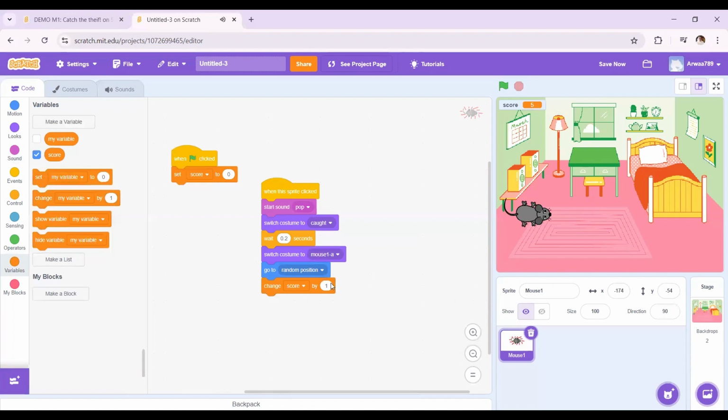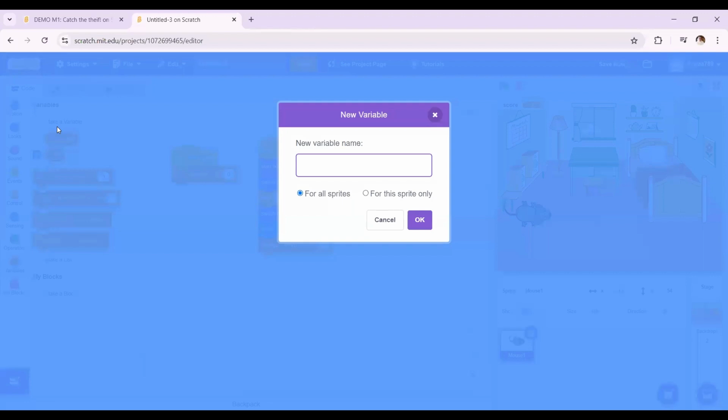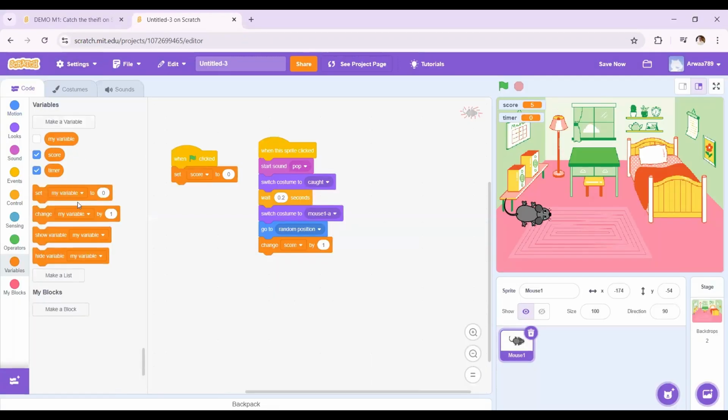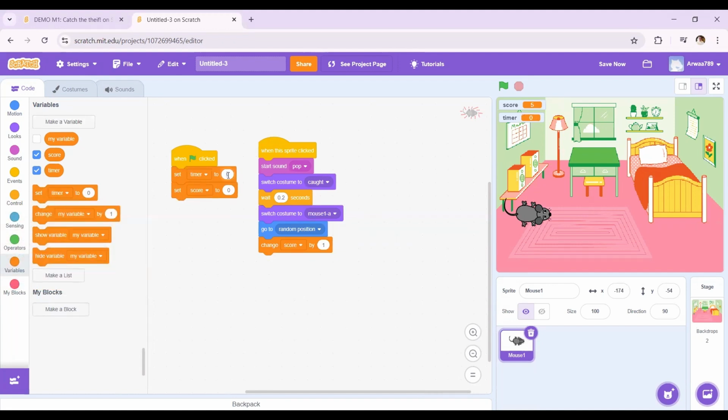Now the next step is to add levels, to add a timer in our game. So let's go ahead and add a timer here. First of all, again, to add a timer, we need to make another variable, that is timer, where we can store the current value of the timer. Now we want to set the timer at the start of the game. So we set the timer to 20 at the start of the game, and then we want to keep on